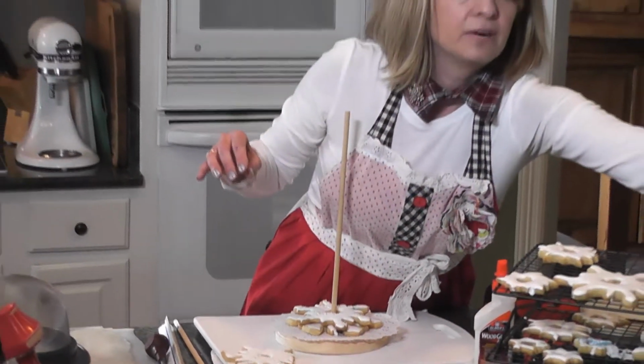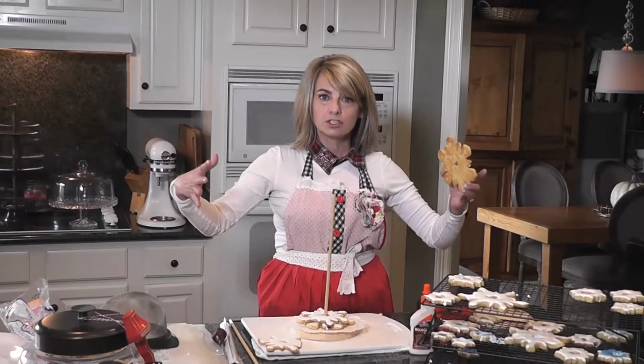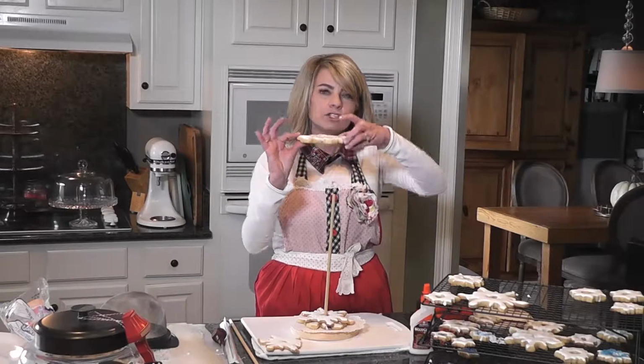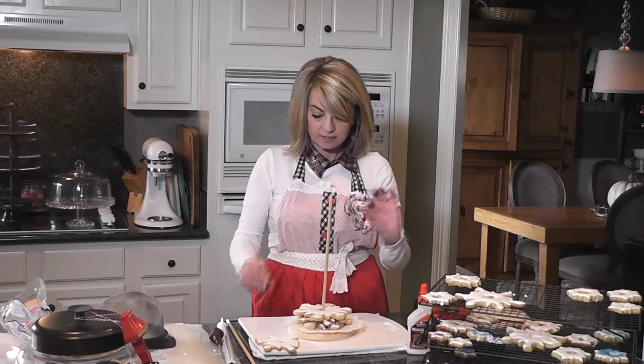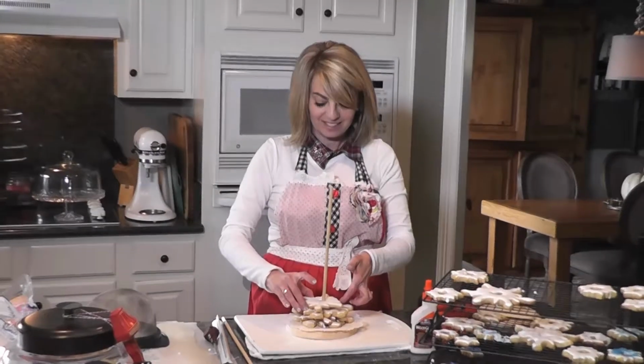The nice thing about it is it's not going to match up, but you could use the Star of David, or you could just use a regular star. Just make sure they're graduated. So you're starting with the largest, obviously, and then you're going to build up. But these are just white on white on white. You can see as you twist them, just make sure that they're not perfectly lined up,